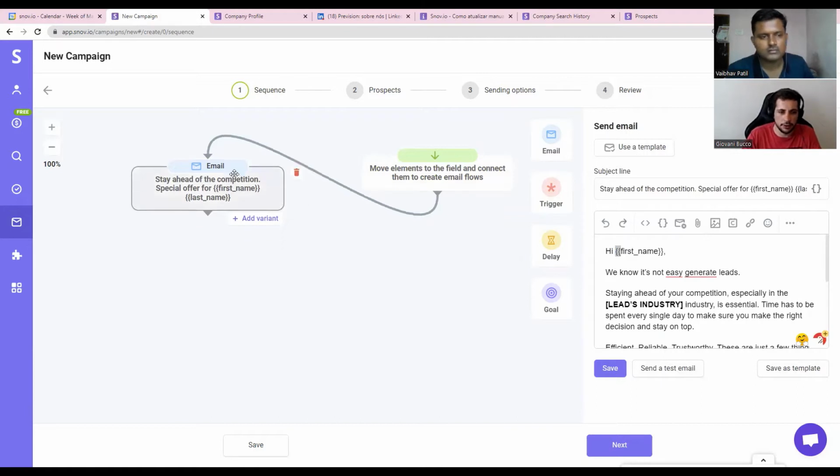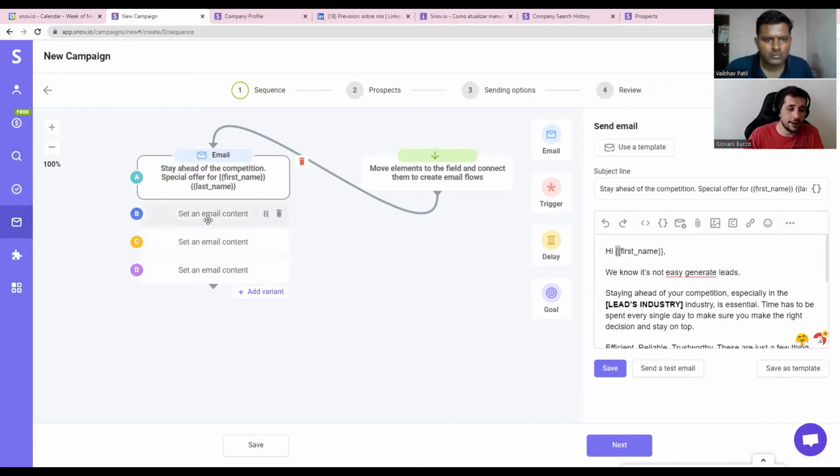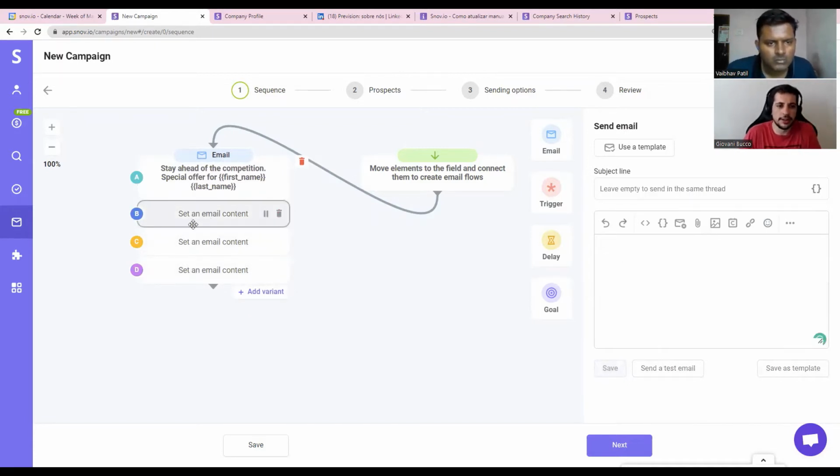But the templates will show you that. And of course, after the plan, we have A/B testing on the tool. I'll show you how it works afterward in the metrics. But let's say we have different variations. I want to do a test, and our tool can do A/B testing.